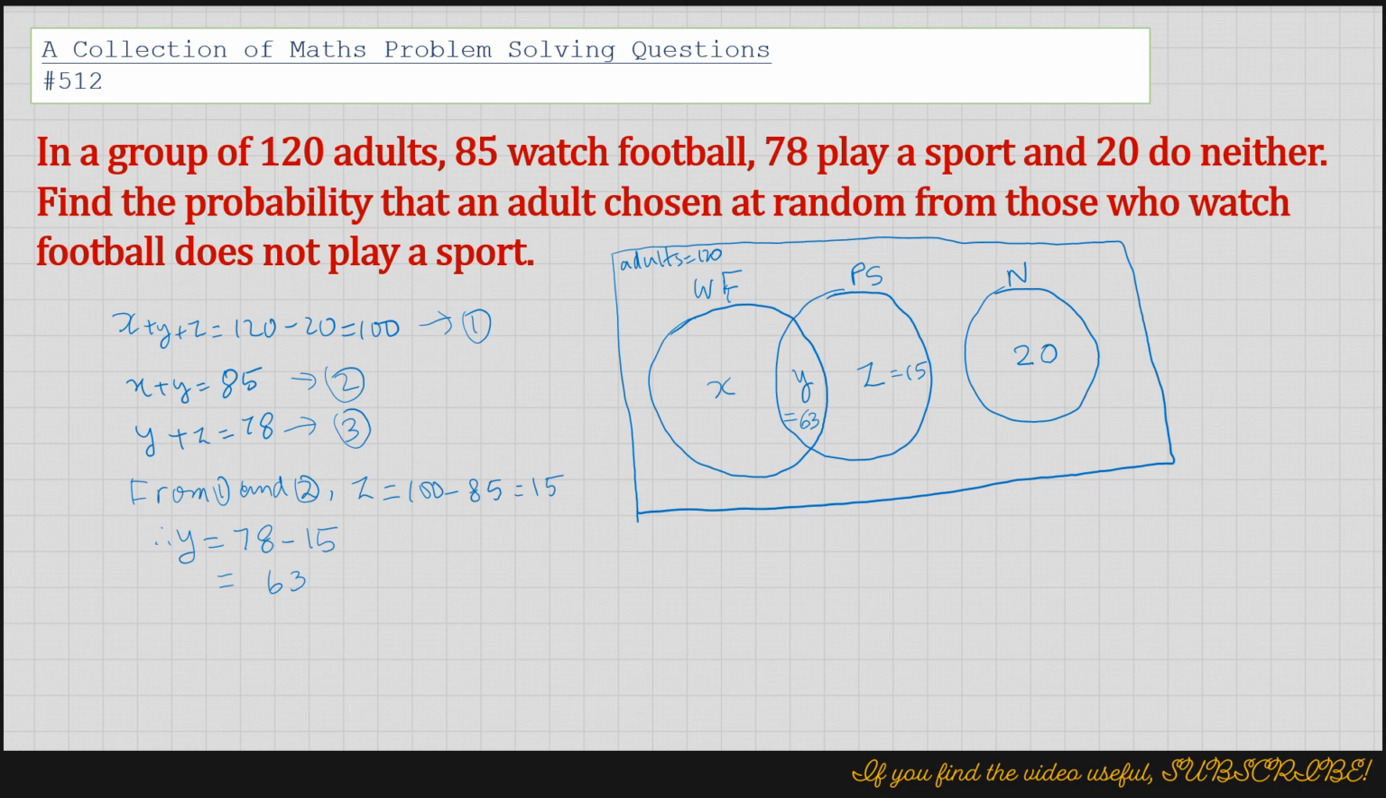So once I know Y and Z, I can get what X is, and therefore X would be 85 minus 63, and that equals 22. So X is 22. So I think we have all the values now to work out the answer. The probability that an adult chosen at random from those who watch football, so that is the 85 people who watch football, does not play a sport. So out of the watching football group, how many don't play a sport is 22 don't play a sport,